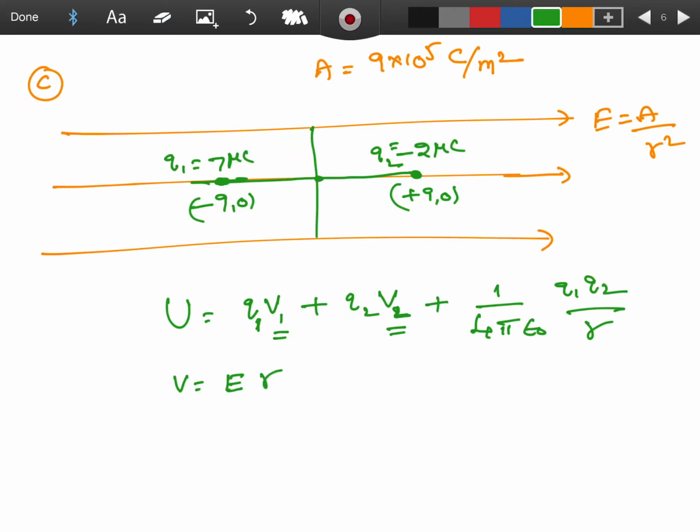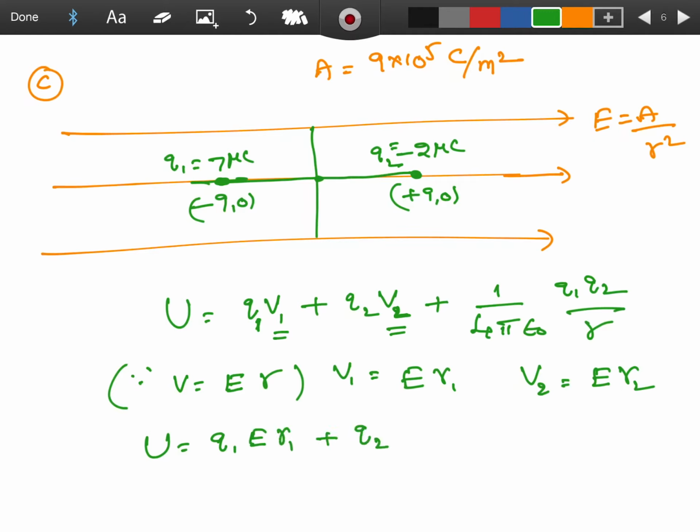V equal to E into R. Then V1 should be equal to E into R1, V2 equal to E into R2. Then substitute, students. V1 is E into R1 plus Q2 into V2 is E into R2 plus 1 by 4 pi epsilon Q1